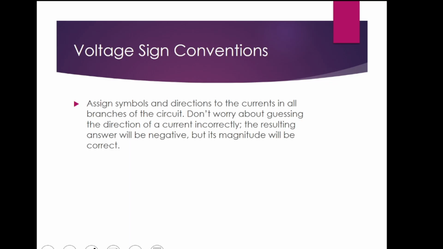So, voltage sign convention. Assigning a symbol and a direction to the current in all branches of the circuit is very essential for Kirchhoff's rule. So it is a must to assign current and its direction. For example, if we have this circuit,